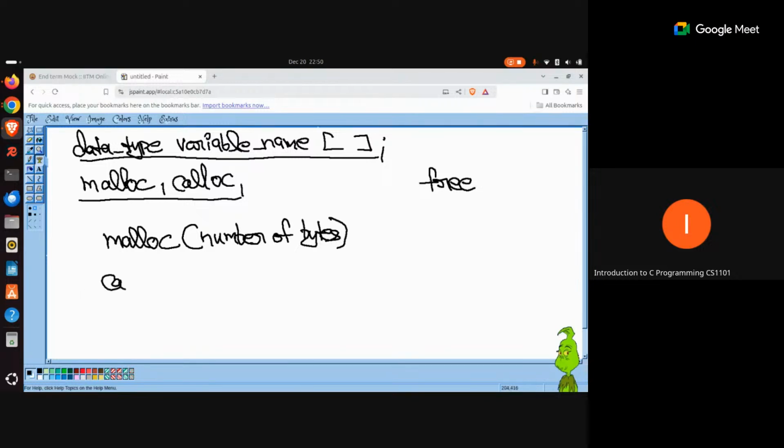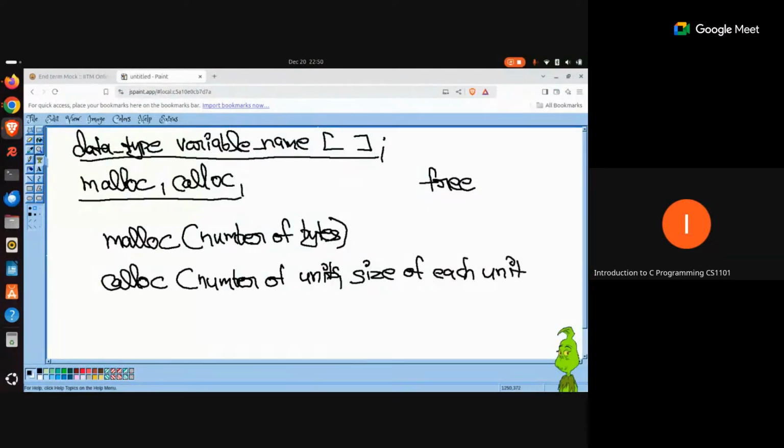And here in calloc, the way it works is, you first have to provide the number of units, and the size of each unit. This is the syntax of calloc. Thus, the syntax is different, but they are going to do the exact same thing, because the way you will